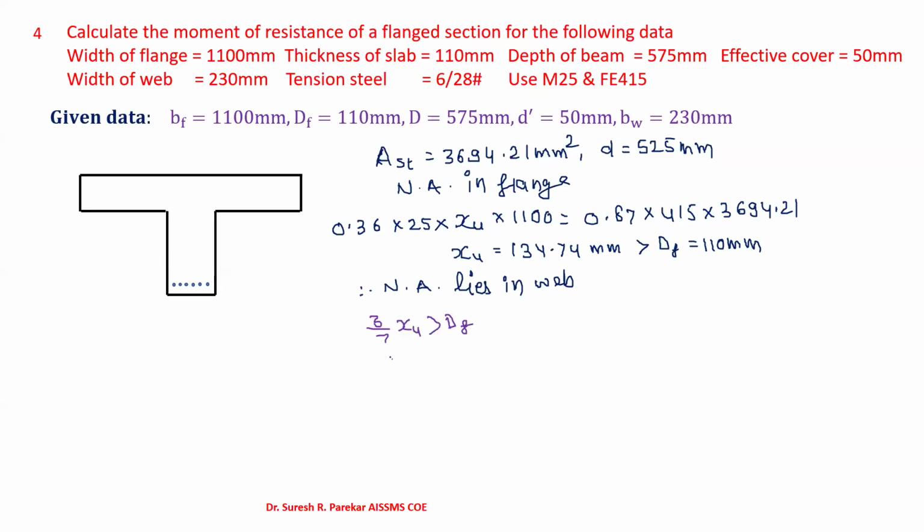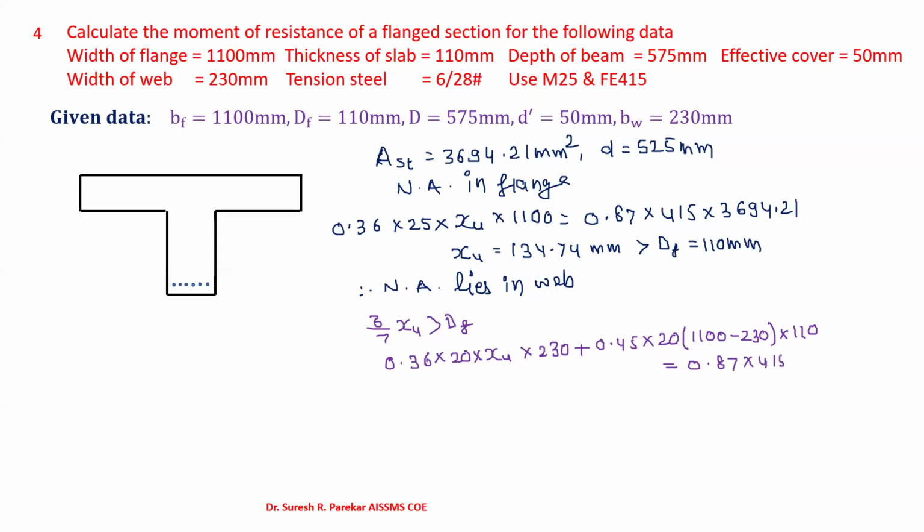And then we will have, now I will not write formula, 0.36 fck Xu bw, which is 230, plus 0.45 fck, Bf minus bw, 1100 minus 230, into Df, Df is 110,